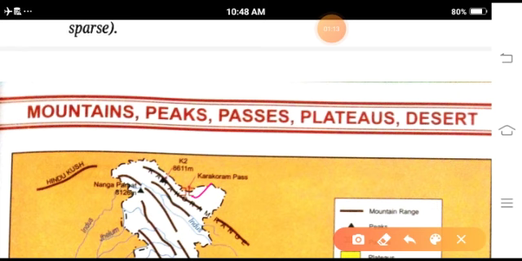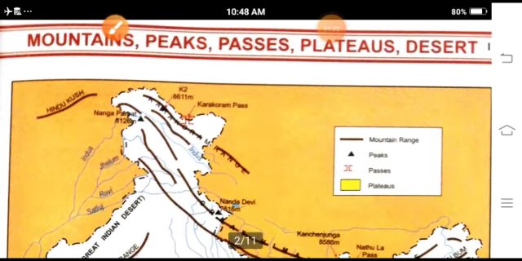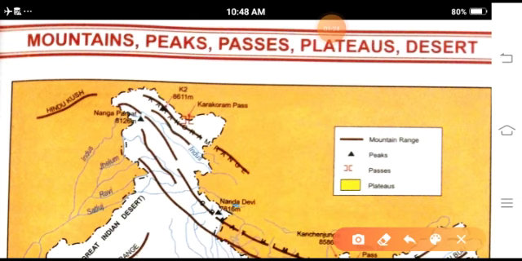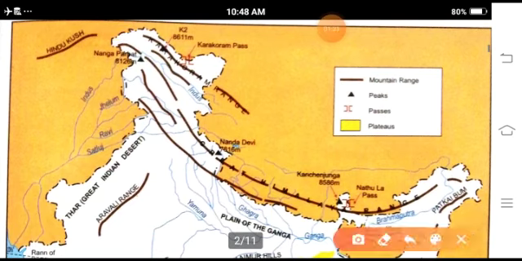Second, the peaks in your course: Nanda Devi, and last Kanchenjunga, which is near the Nathula Pass. Now, the desert region has to be seen only in Rajasthan. There is the Thar Great Desert in India.